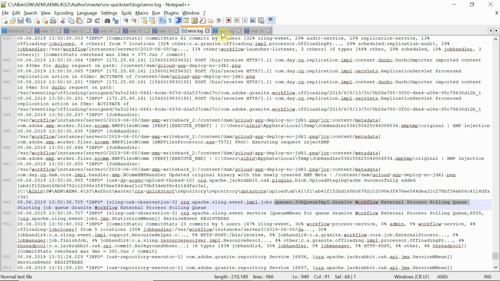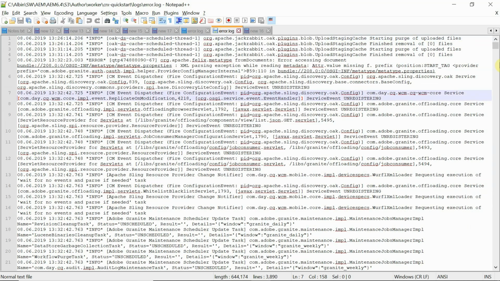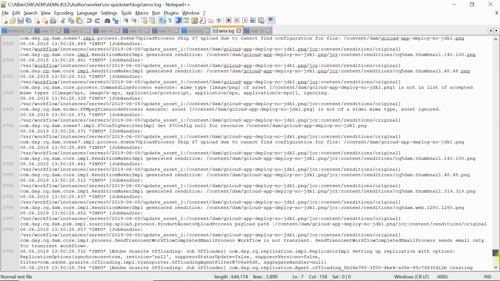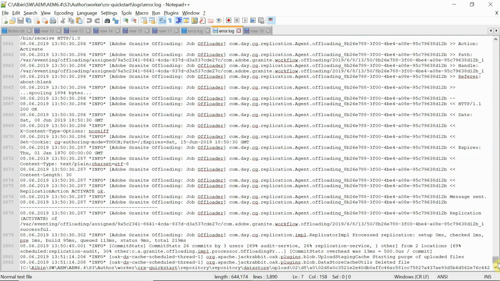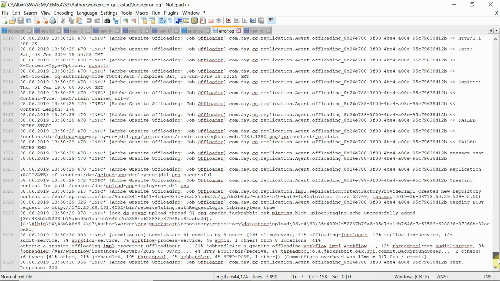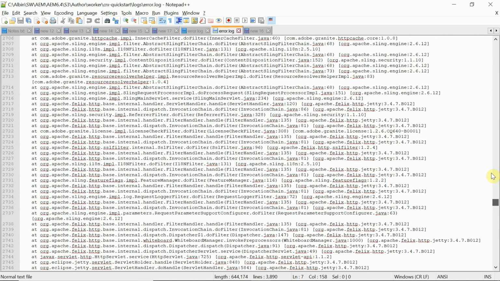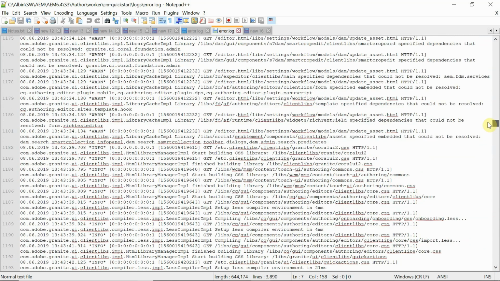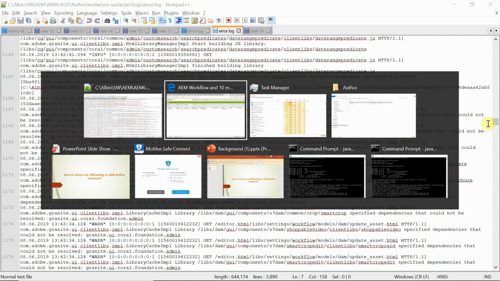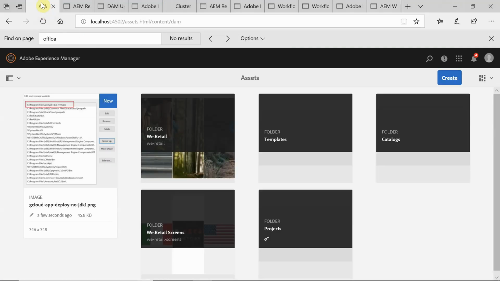If you go to the worker log here, you can see the different processing. Offloading, job offloader. Yeah, see here. Maybe we can search with that image name.